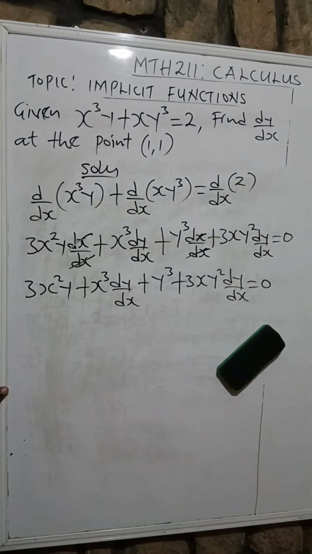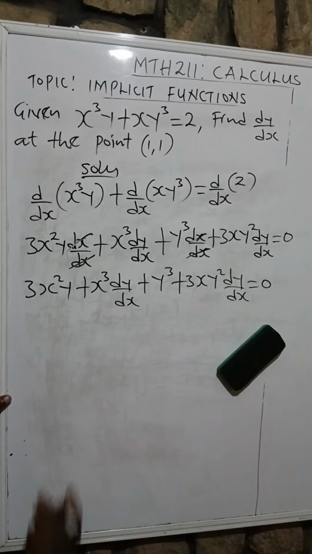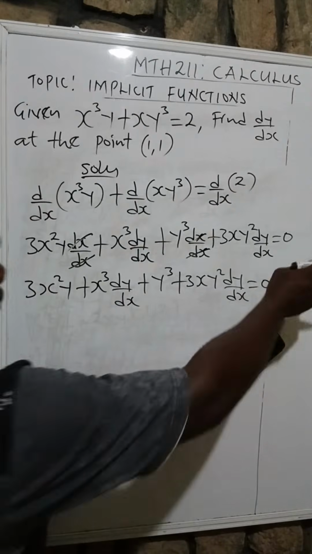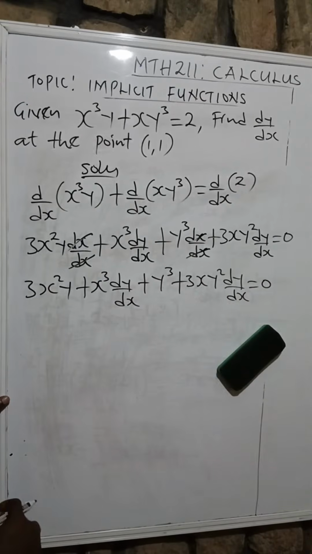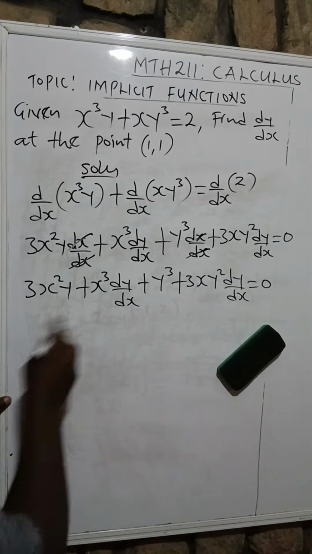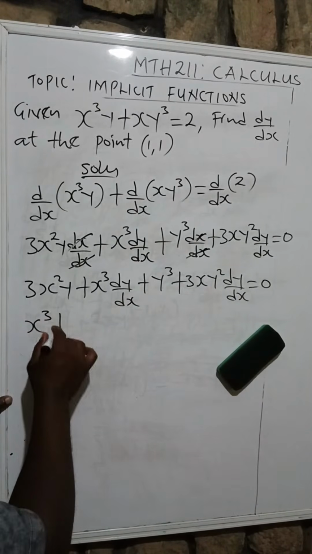Okay? So we collect like terms. We take this to this side, take this to this side. When we do that, the left hand side will now be x raised to the power of cube dy over